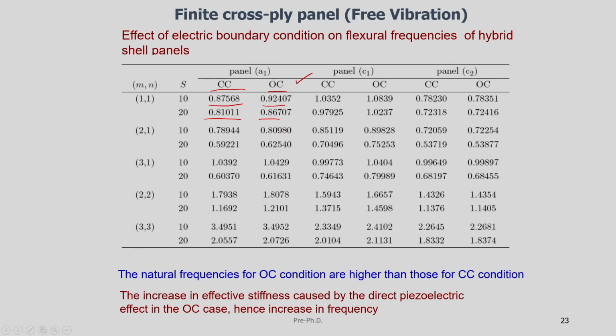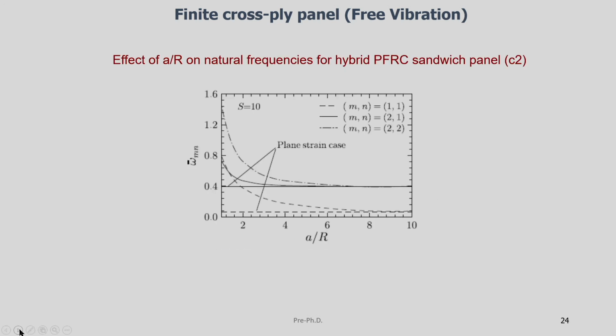not much difference. So initially, when you go for a higher mode, you will find there is not much difference. Then the effect of your length. If A by R is increased, then this effect changes. So, initially, for the plane strain assumption, after 6, so if your length